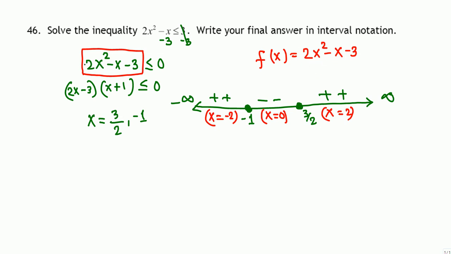Okay, we wanted to have this polynomial less than or equal to 0, which is happening where? Here. Negative means negative 1 through 3 halves. So the solution is negative 1 through 3 halves, less than or equal to, so we have a dot, which means bracket. All that means if we take any number in between negative 1 and 3 halves and plug it into the original question here, that will be less than or equal to 3. Okay, that means the solution. Final